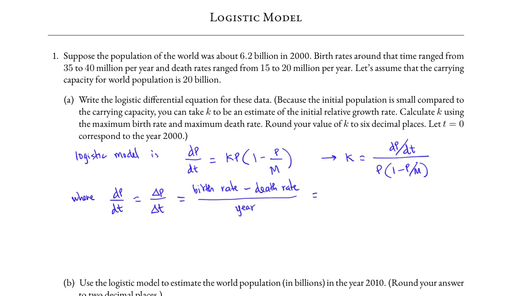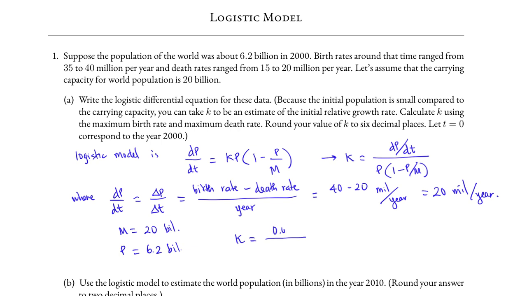We were told to use the maximum birth and death rates. The maximum birth rate is 40 and the maximum death rate is 20. Thus, 40 minus 20 is 20 million per year. This is 0.02 billion per year. The carrying capacity is 20 billion and the initial population is 6.2 billion. Therefore, k is 0.02 divided by 6.2 times (1 minus 6.2 over 20), and this is approximately